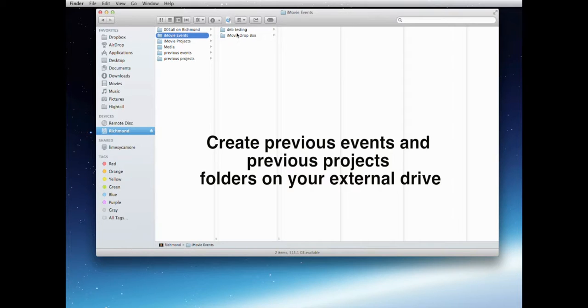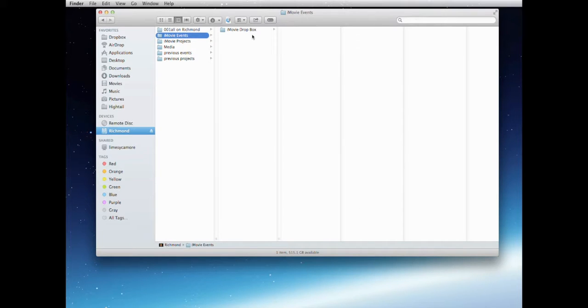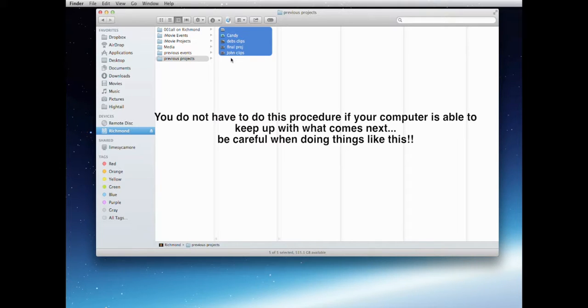And I'm not going to bother with the Dropbox. I'm not going to worry about it. And so let's put this back there too. So now all I have is a Dropbox, which is something else that you can look into on your own. Projects the same way. I'm going to take all these old projects that I've constructed and put them in previous projects. Boom, they're stored there. But since iMovie operates on the linking principle, which I'll go into in future sessions, it's